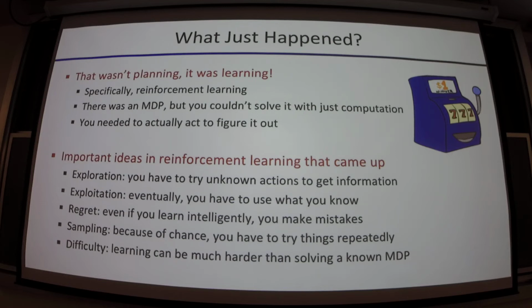Okay, so this concept of this trade-off between exploration and exploitation, this will come up a lot in the future of this class. Okay, we also looked at regret, right? Even if you learned intelligently, we made mistakes, right? We spent all that time pulling on the red slot machine's lever. That was the wrong answer. You just look at the expected value, right? You should have just been pulling the blue the whole time. That's the notion of regret, right? We acted suboptimally in order to learn more about the system.